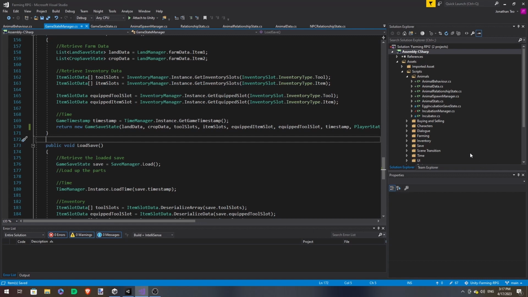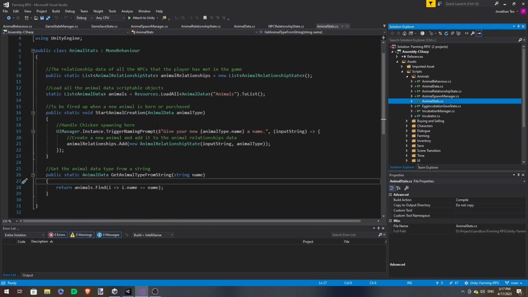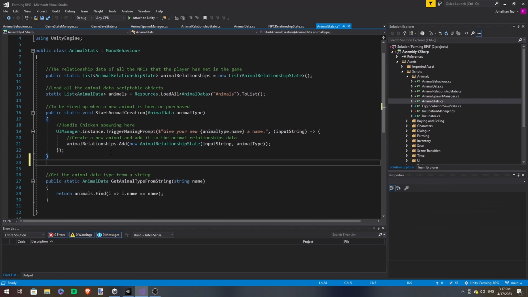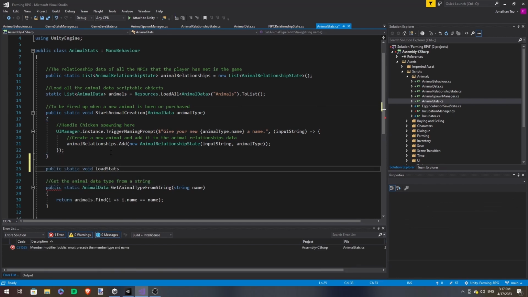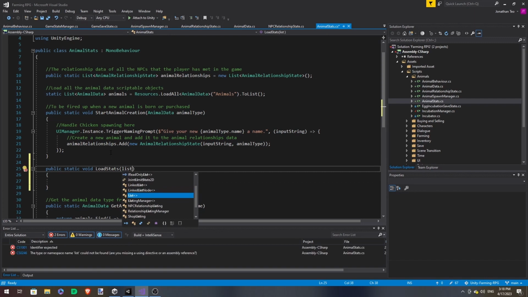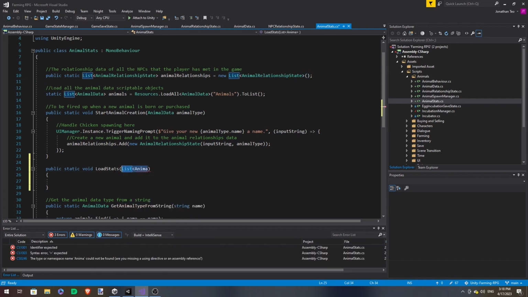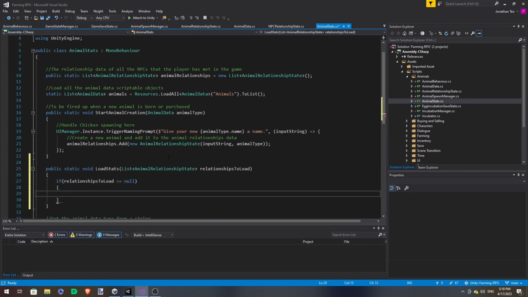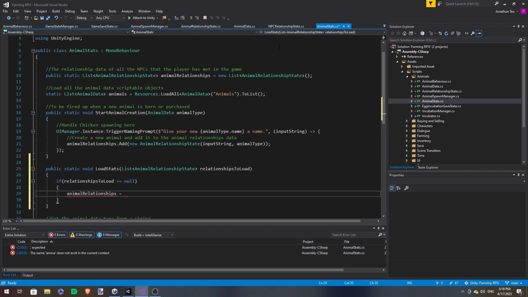Now we have to settle the loading. Let's go back to our animal stats, and we add a function to load it in. First, we want to check if there's nothing. Just create a new list.